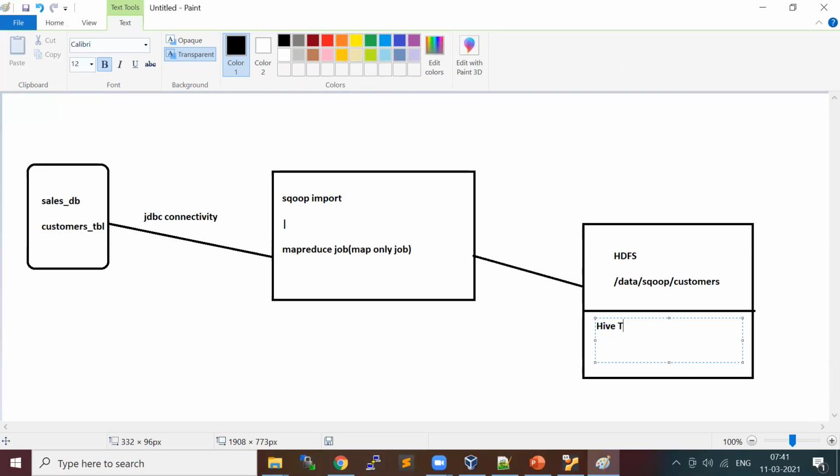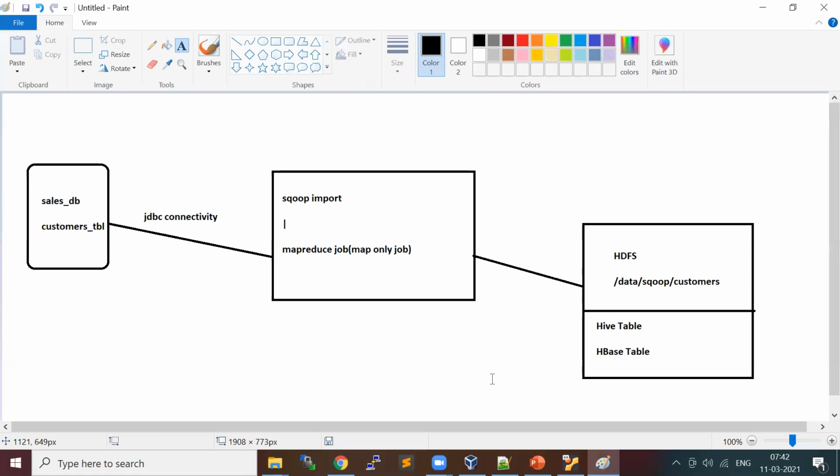So Hive table or HBase table, this is also possible. Any question on this? So Hive table, and what is HBase table?